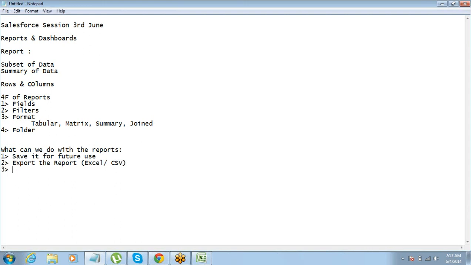We can print the report. You'll have the option of printing the report, and you can schedule a report. You can schedule the report that you have created. Scheduling means, sometimes some of the reports will have a requirement